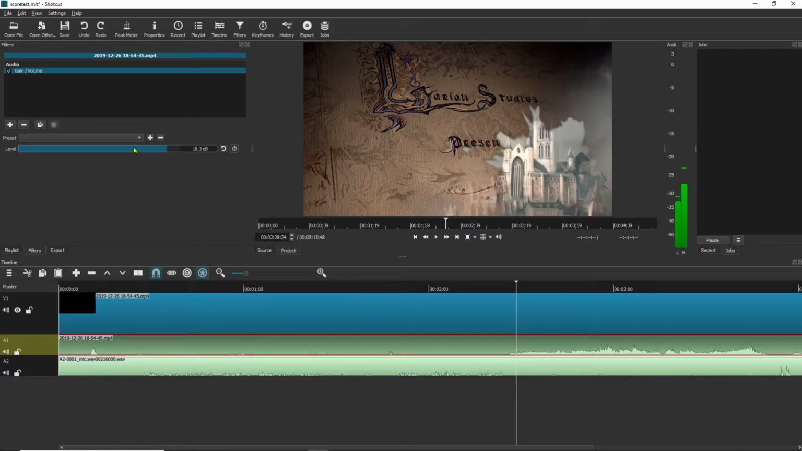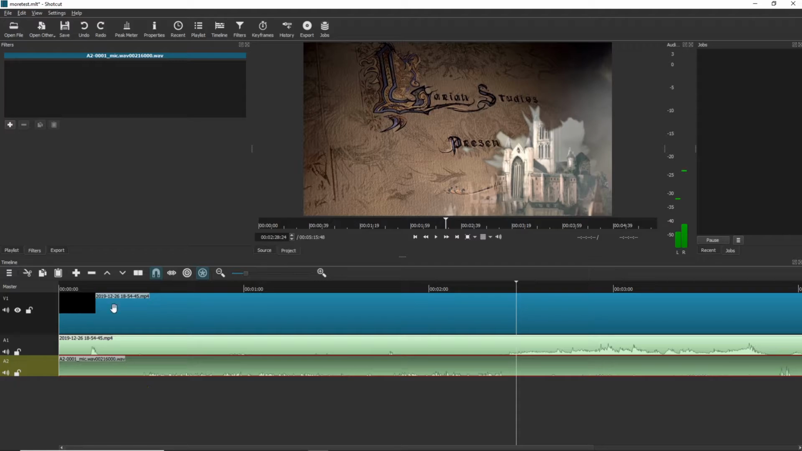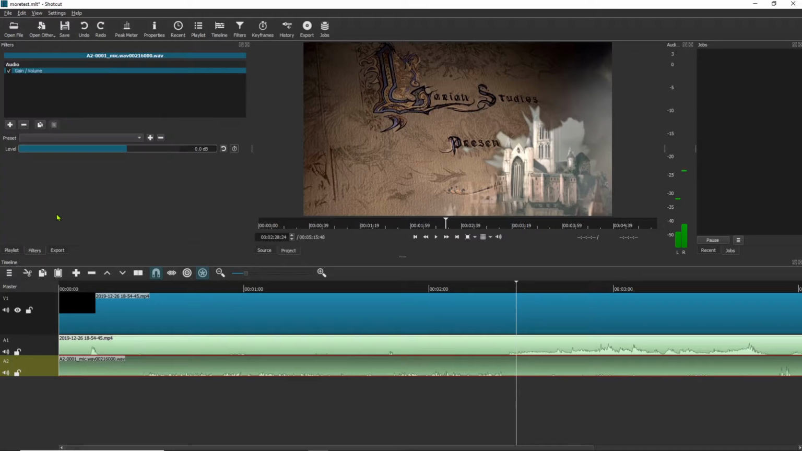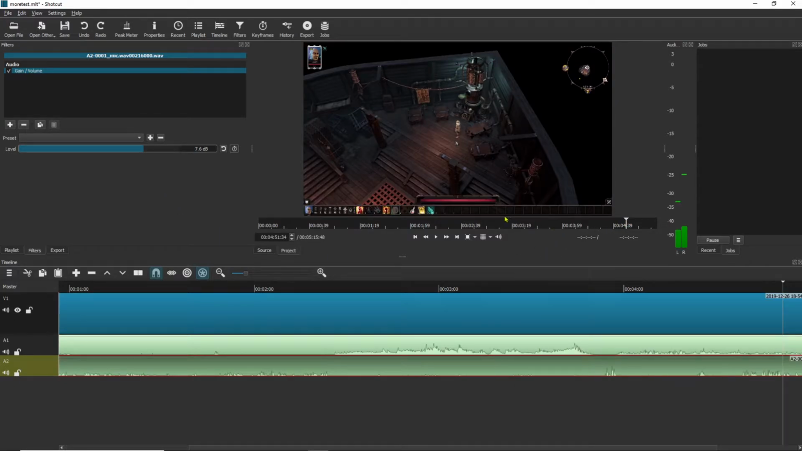And I'll go ahead and give this a boost by, I don't know, 3 decibels. And this one I want to add, since that's going 3 decibels, I want to give this one maybe 7. And the way I test that is